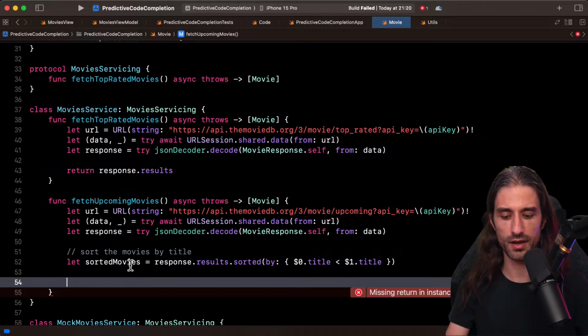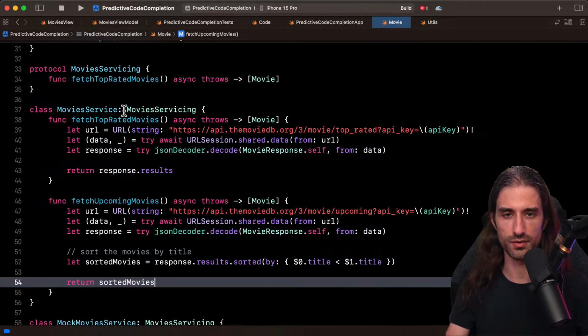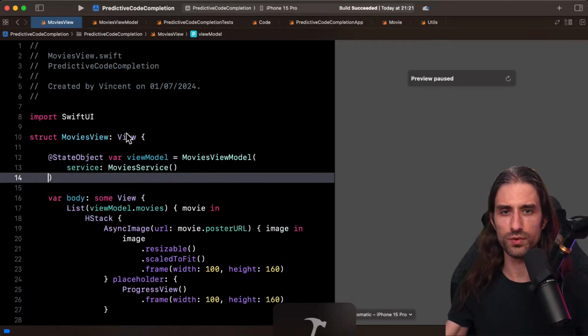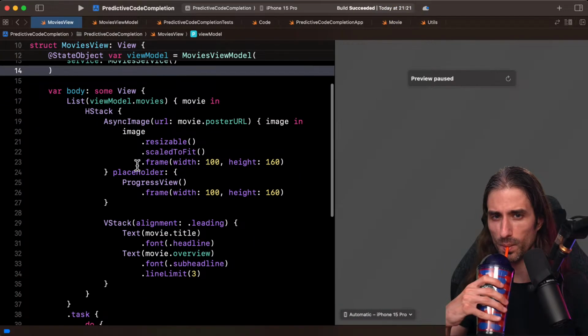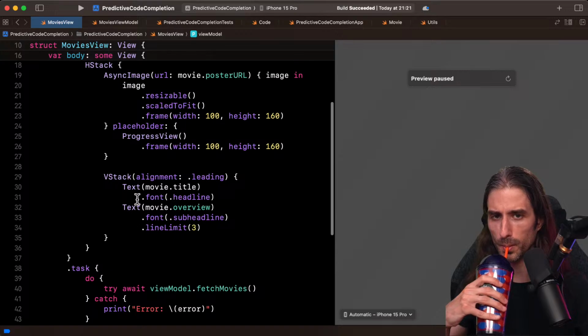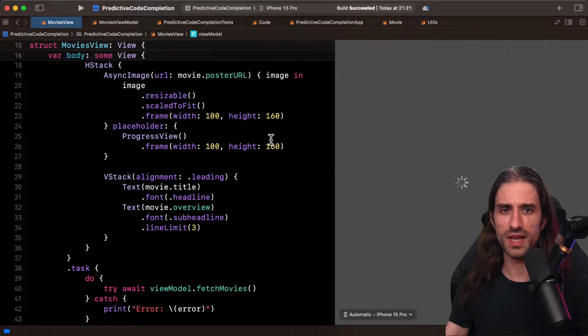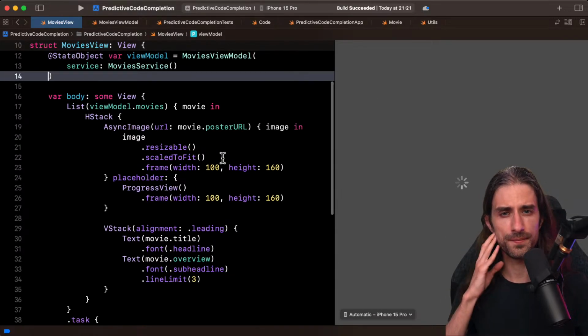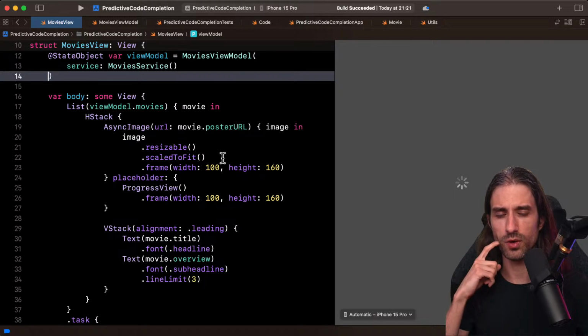And this one could be pretty useful, to be honest, because for SwiftUI, maybe you would be able to also add some hints that way. I'm just going to add the return, just so that the project builds. I want to try it for SwiftUI, so let's see what could we add in the UI, and what kind of comment could we write to give a hint that it's what we want.